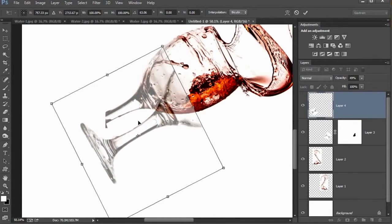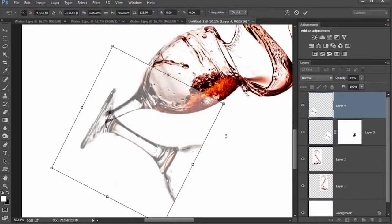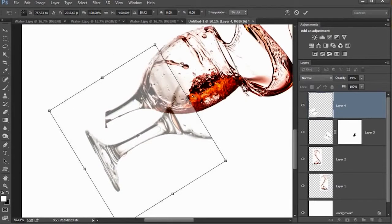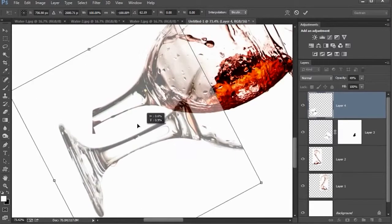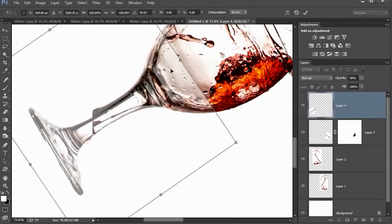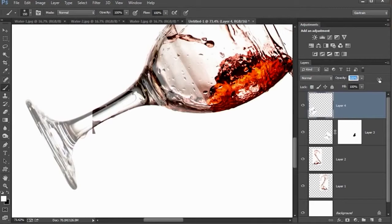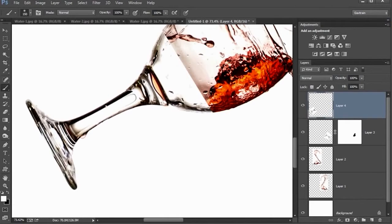So I'm going to right click inside this and choose, let me do it so you can see it on screen, there we go, and we'll choose to flip it vertically, and now everything is the right way around. So you've got to watch out for little things like that because it can catch you out. And again, we'll come in and we'll twist this and we'll pop it into position, something like that. That looks pretty much bang on there. So I'll click on the tick, I'll return the opacity to 100%, and I will add in a layer mask